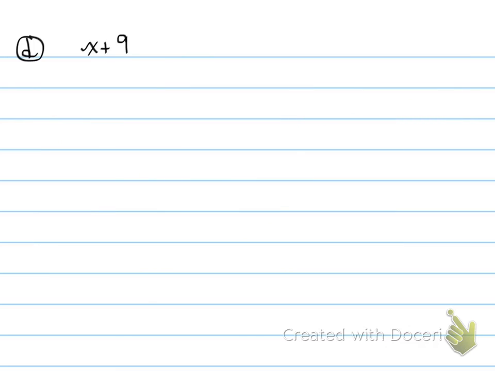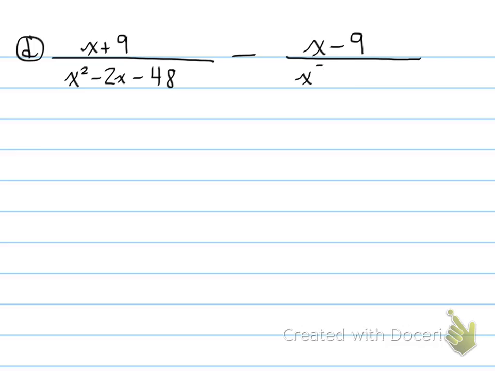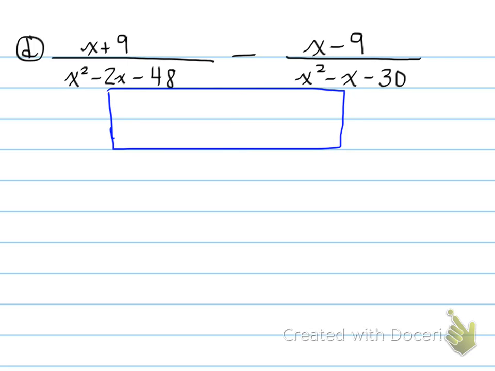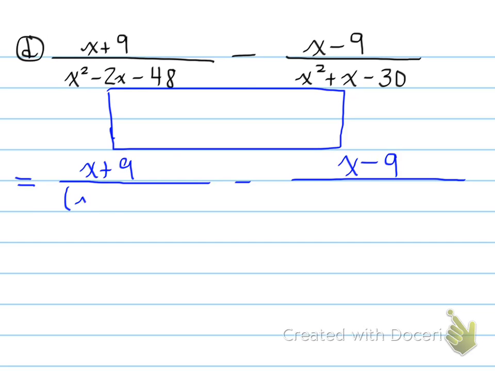All right, another example: x plus 9 over x squared minus 2x minus 48, minus x minus 9 over x squared minus x minus 30. What's going on here? Well, we have subtraction of two rational expressions, and what we want to do here is factor the denominator of both of these pieces. So we factor the denominator,